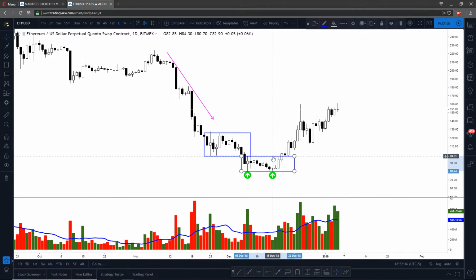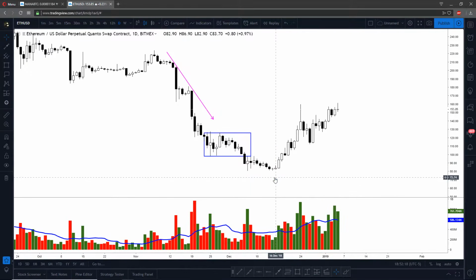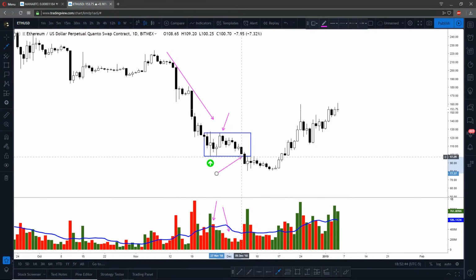Let me get rid of this. So you have an accumulation low here, up fractal, increase in volume on the up fractal. You have your accumulation high here, failure, low volume in between. But then look what happens. You see when it comes in to test that accumulation low